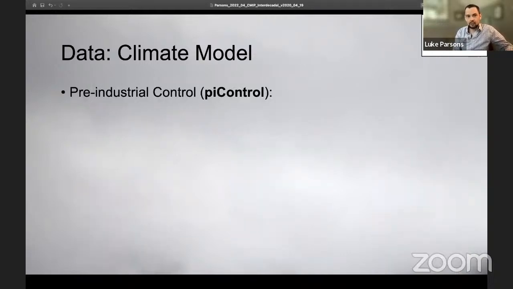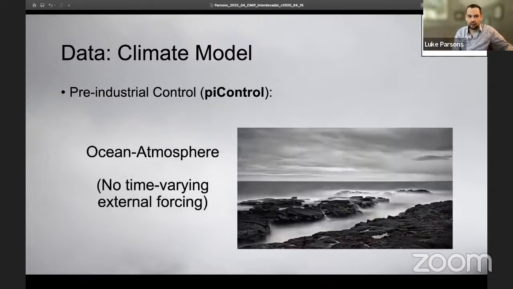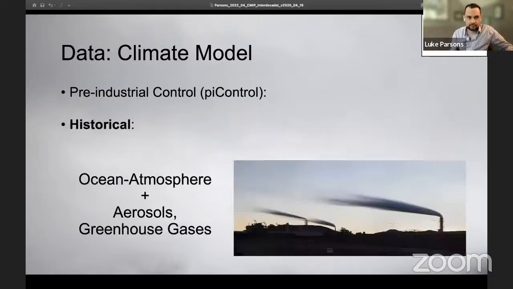Specifically, I'll be using pre-industrial control simulations. You'll see these abbreviated PI control. And what this basically means is that you run the climate model out for many centuries. And you just let the ocean, atmosphere, land, and ice interact, mostly ocean-atmosphere variability on these longer timescales, with no time-varying external forcing. In other words, what we're looking at here is just greenhouse gases held steady at their pre-industrial state. They're not varying.